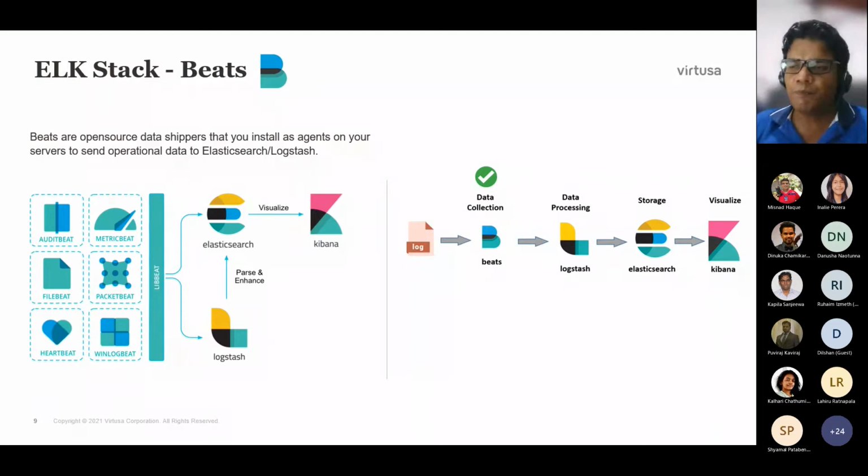So for that, they introduced the Beats. Beats is a very lightweight solution that we can deploy as an agent. We can install FileBeat on each server in production. Assume we have 5 application servers; on all 5 servers we can install FileBeat, direct it to our log location, tell it these are the logs to read, and then output into Logstash.